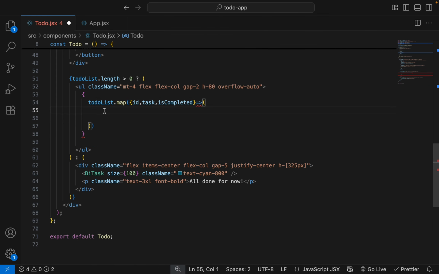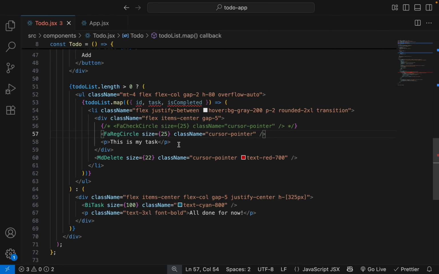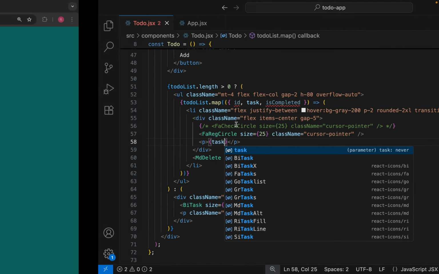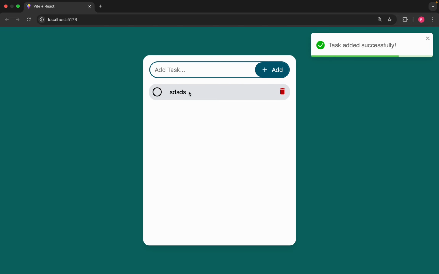Then copy this, now add your task in p tag and our task is visible now.